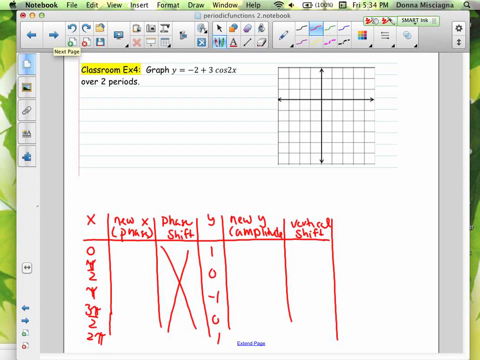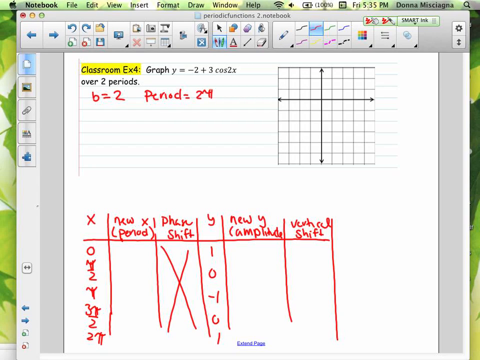All right, first of all, let's find if we have a period change. Why did I write phase shift on by x? That's not supposed to say phase, that's supposed to say period. For my new x, the first thing I find is, do I have a period change? Never find the phase shift before the period change. All right, so my b is the coefficient in front of x, it's 2. Which means the period